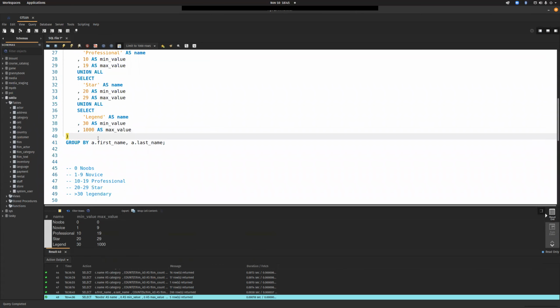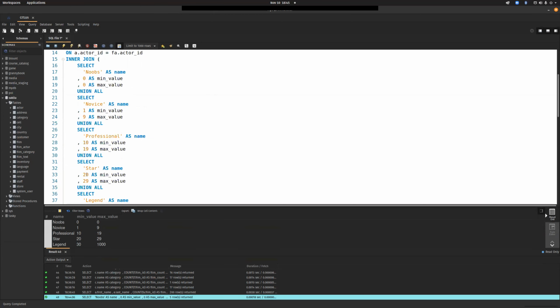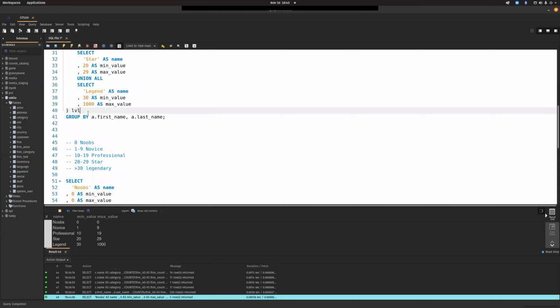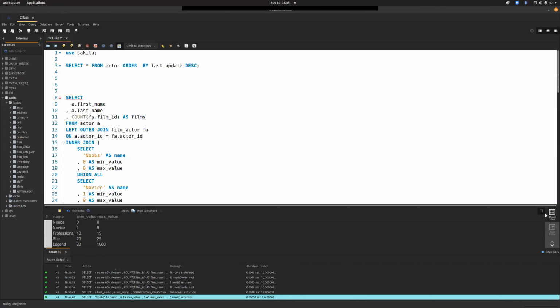Now we need to give this a name. So I'm going to call it levels. Let's just call it level. In fact, I'm just going to do LVL for short. So level is kind of our level name. All right, so now we need to say how we want to join this. So I'm going to say ON, and this is where we get to have a little bit of fun. So we're going to say where on the count of this film ID,